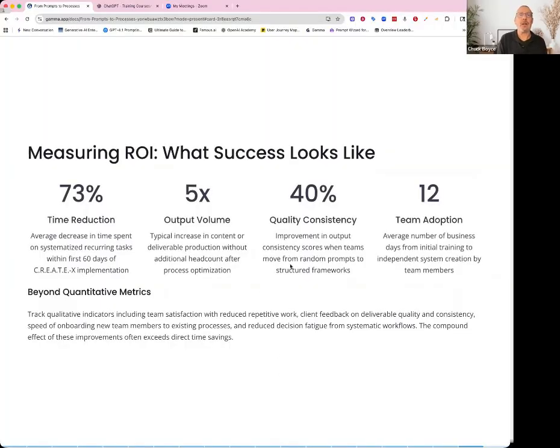Again, looking at your ROI, here's what it looks like. If you can decrease the amount of time spent on things, you could get up to 73% time reduction, depending on what you're doing. You could increase your content deliverables by 5 times. Again, you focus on one long prompt format, one long